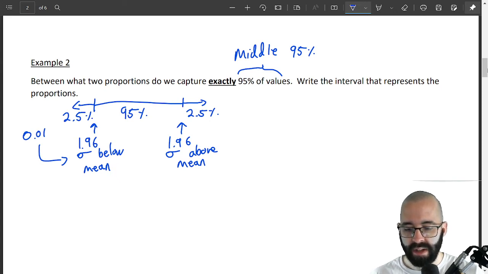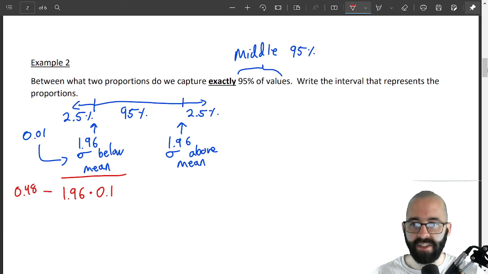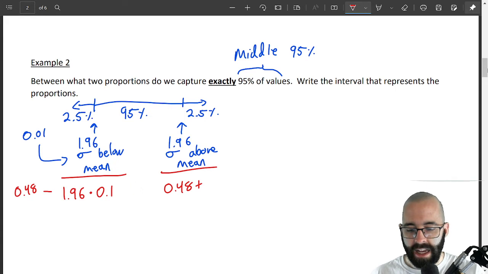So what is 1.96 standard deviations below the mean? Let's calculate it. 1.96 standard deviations below the mean means take the mean, subtract 1.96 standard deviations from the mean. Here, take the mean and add 1.96 standard deviations of the mean. And when you find these two intervals, you're going to get, well, I can't do this in my head either,